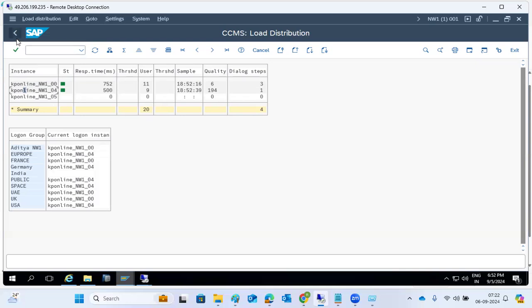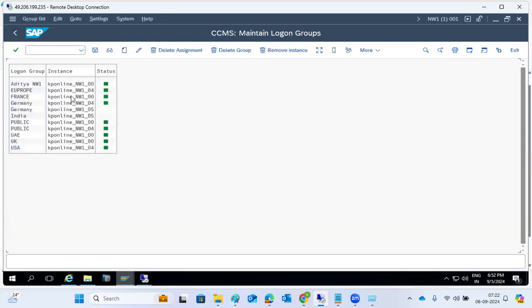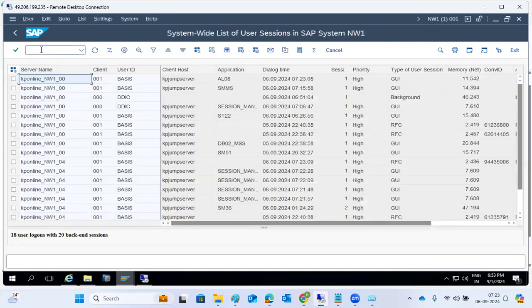Because the Europe group is pointing to only one application server in the SMLG here. That is called the 04 application server. So that is the reason all the requests are going to the 04 application server only here, right? So if we go to the AL08 transaction code here,